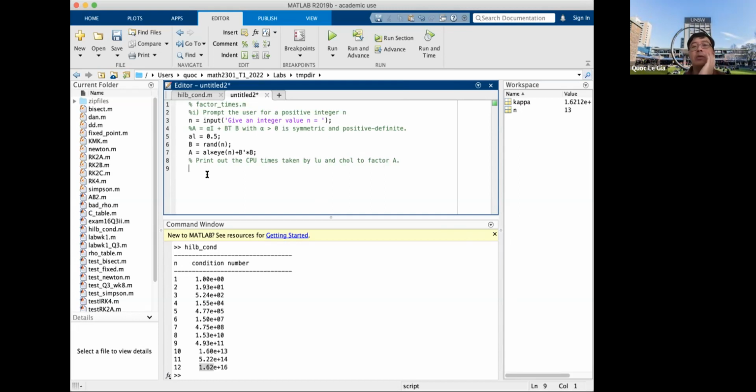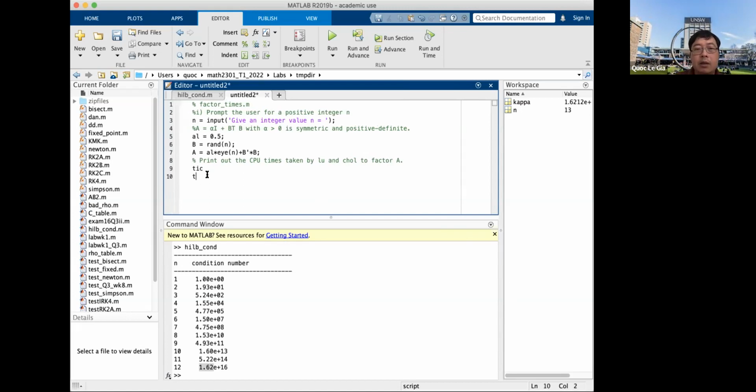How do you compute the time taken by LU factorization? We did this in the previous lab, where we used CPU time. Another command is tic and toc, which marks the beginning and the end. So you need to write something in the middle. You have to write